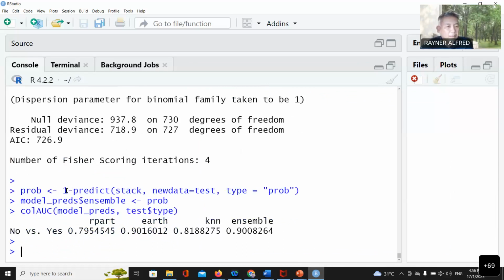So the first one will perform the prediction using the ensemble. This is our test data, and we are using the type of probability, so the range of values will be around 0 and 1. We assign this probability to the ensemble in this model, and that's why we have the fourth one here. So this is the area under the curve, showing that in this example, the ensemble performance is comparable